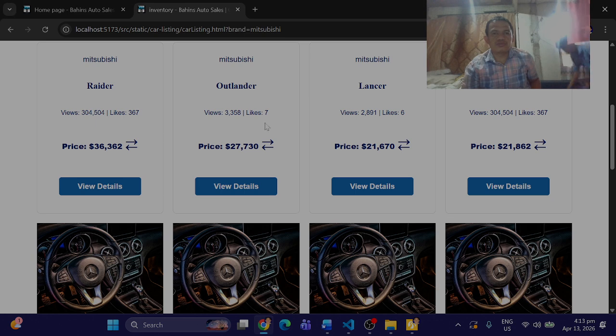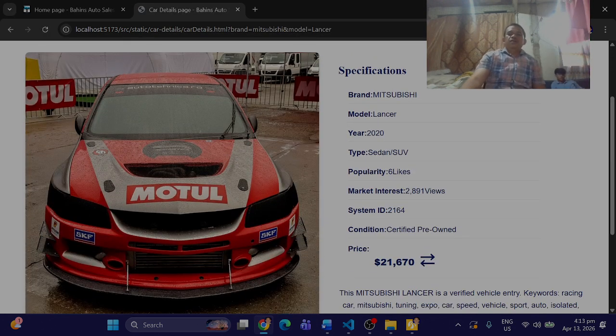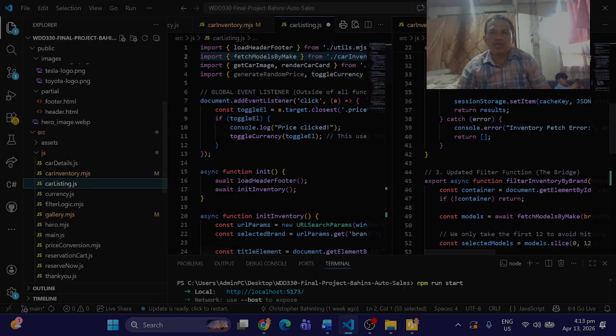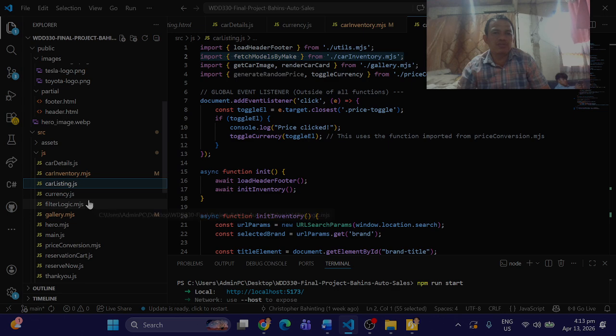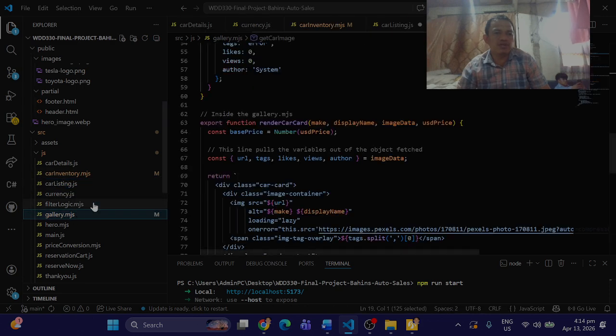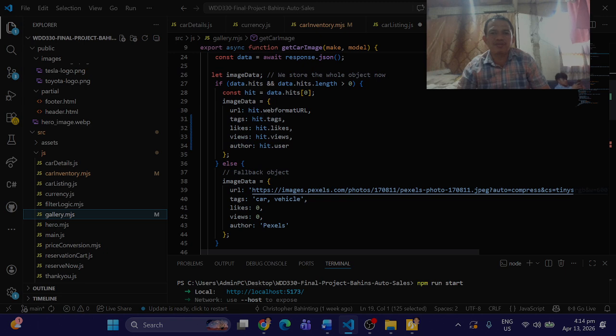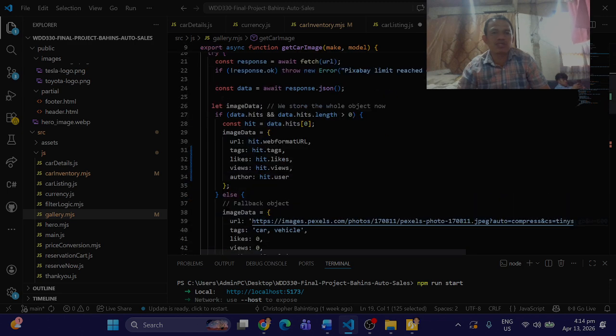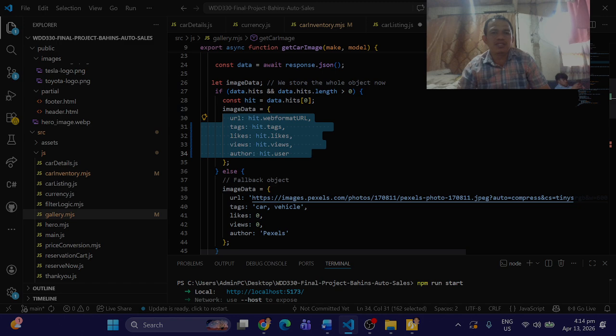Okay, and these are the attributes or data that we receive from our API. Actually, we have 8, 1, 2, 3, 4, 5, 6, 7, 8, and these are from our sample and from the API that we have for the images from our gallery, from Pixabay. So the return is the likes, and this is the data for that, and also for the image.